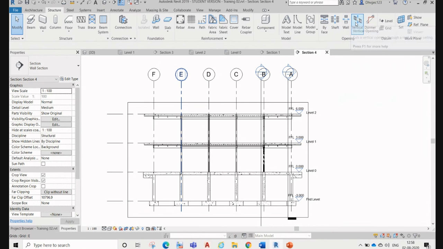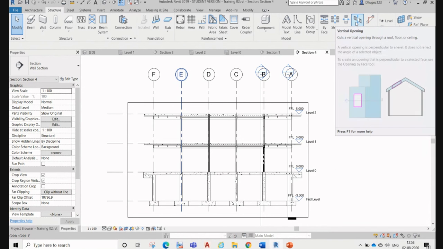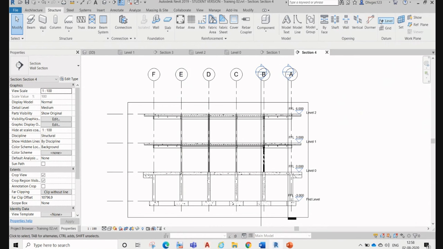But for the vertical one, we want a vertical opening like this. Okay, so now we have covered almost all tools in structure except connection and the reinforcement one, which we will learn later, in the last stage. Okay, last because, right? Yes.